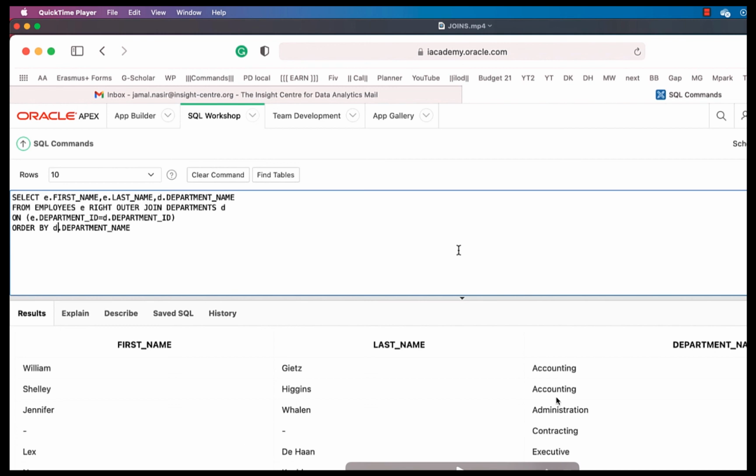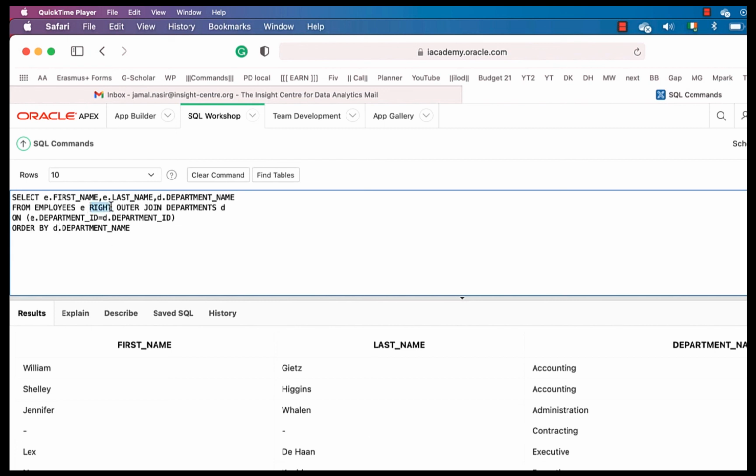We can find out that for the accounting department these two employees are working, that's fine, but for this contracting department we can quickly know that there is no employee in the contracting department.